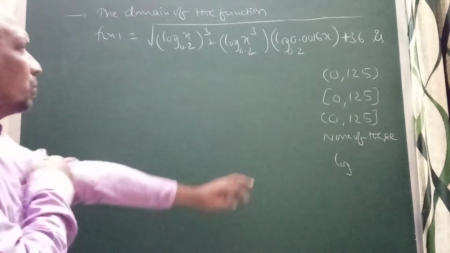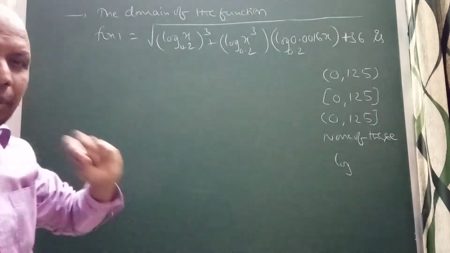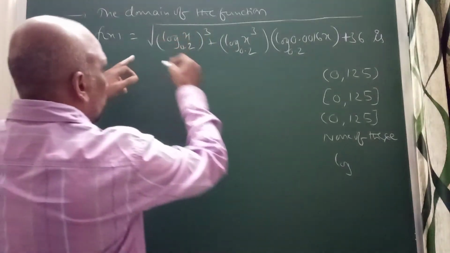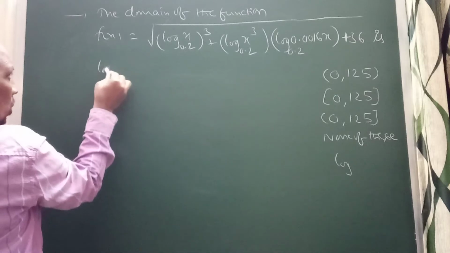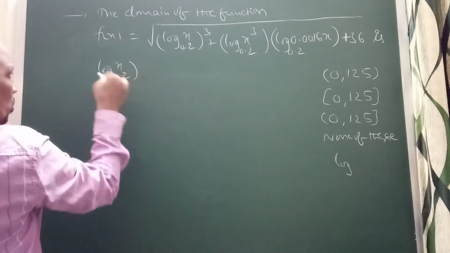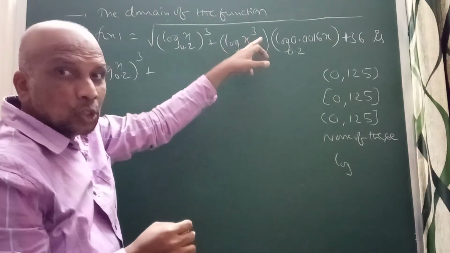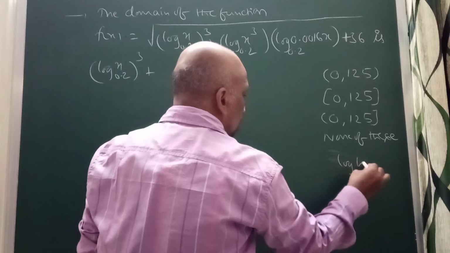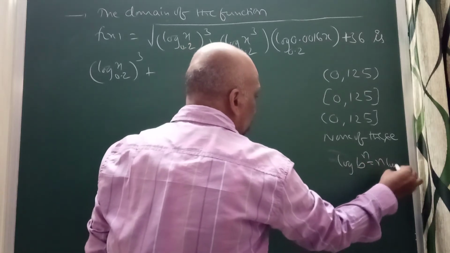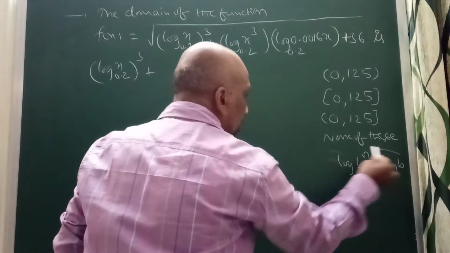Now in this problem, I am going to explain again how to find the domain of this function. The modulus is important here. You can think, again inside the square root means everything should be positive, right? So I can write here (log x base 0.2) whole cube plus, and I have written this one log x cube. We have the property, you can see, I can write log b power n as n log b, right? This way I can write like this.